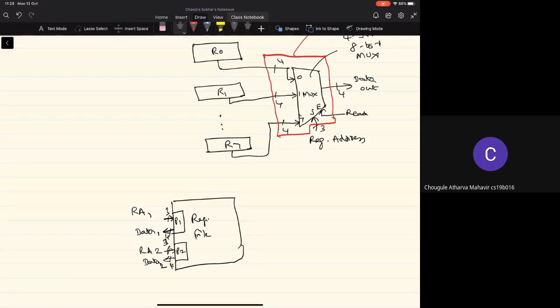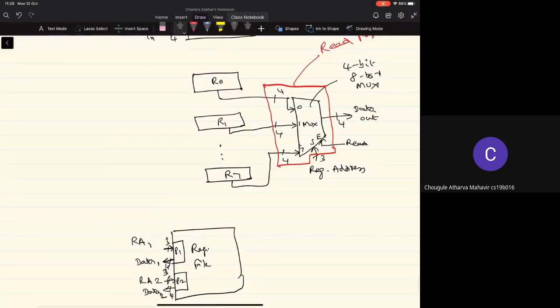It's already been said that one can use the demultiplexer to perform the write operation. How do we use the demultiplexer here to perform the write operation? So this is the demux. It will have 4 data lines, that's the data in. So there should be 7 destinations. Sorry, 8 destinations.